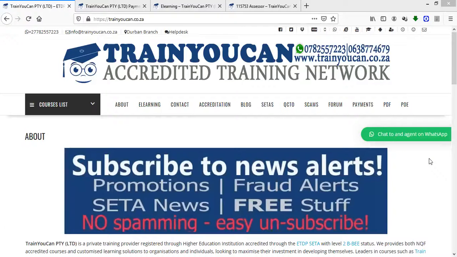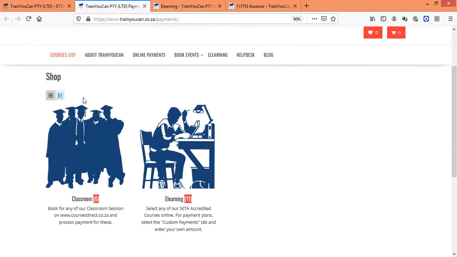Now, how to process a payment with TrainYouCan? That's quite simple. Just go to the TrainYouCan website, that's www.trainyoucan.co.za. And once you're on this site, here on the right-hand side, right top corner, you will see the Payments tab. So I've clicked on the Payments tab, and it will be directing me to this site here, the site